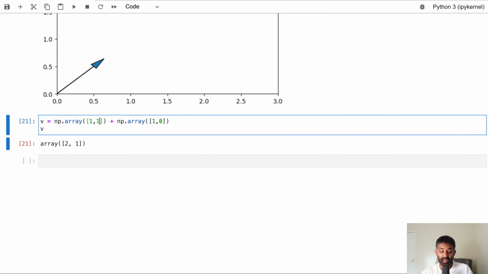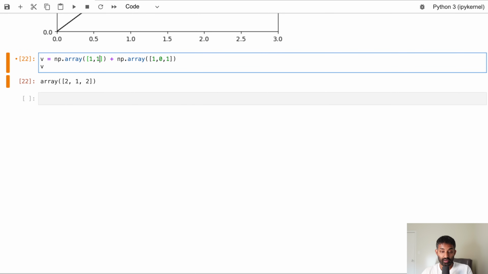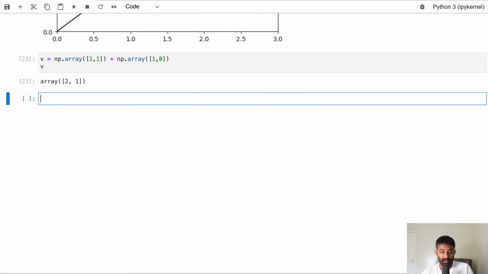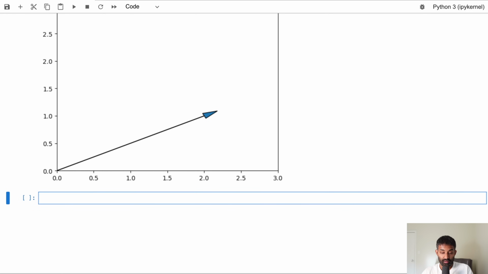And if you have more elements in your vector, it'll basically take each element and add it with its corresponding element in the other vector. So this will give you another 2 at the end. All right, I'll get rid of this. And then we can go ahead and plot this vector 2, 1 to see what this looks like. All right, so we see it has a shallower angle than our earlier vector,